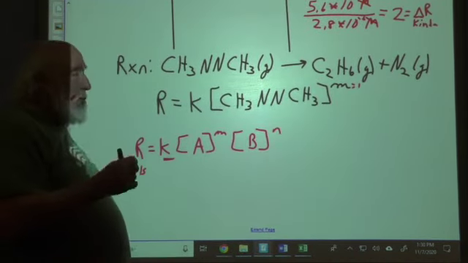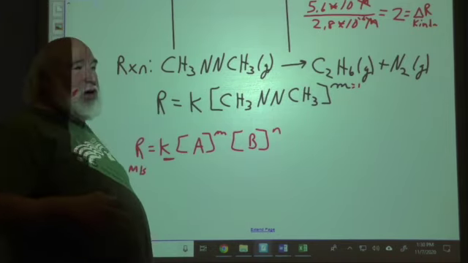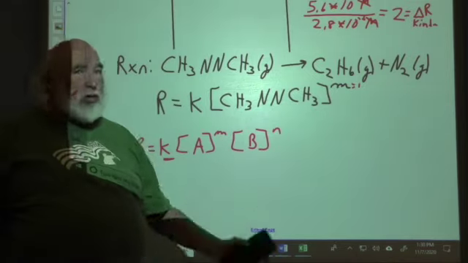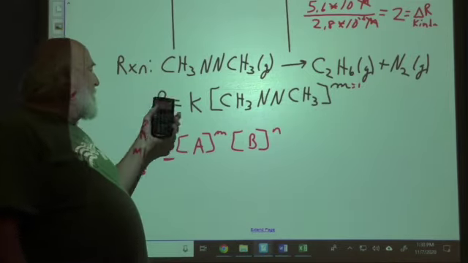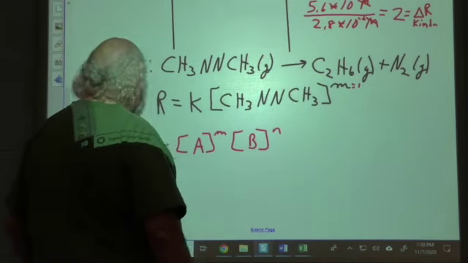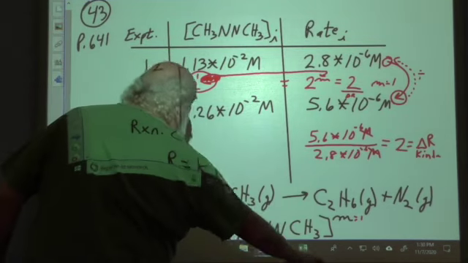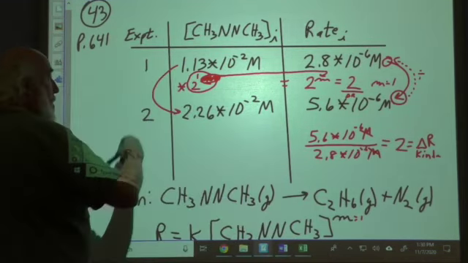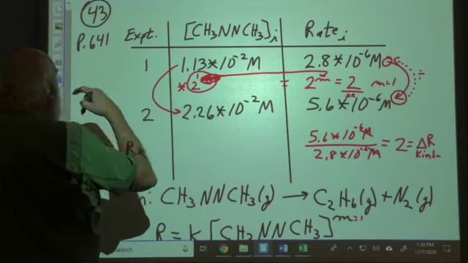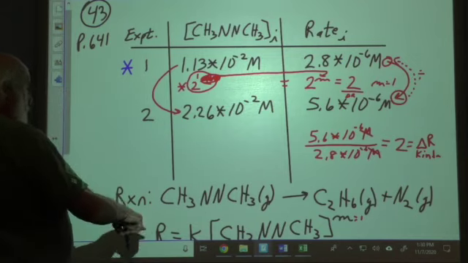Now, that becomes real important. Now we can predict what the value of k is, and the k is going to be the same throughout any kind of change in concentration and rate. We can predict based upon the value of k here. So, what we're going to do at this point is we're going to pick one of the 2 experiments and plug in the numbers we have for that. So, I usually go with the first one, and I'm going to use the first one for my R,